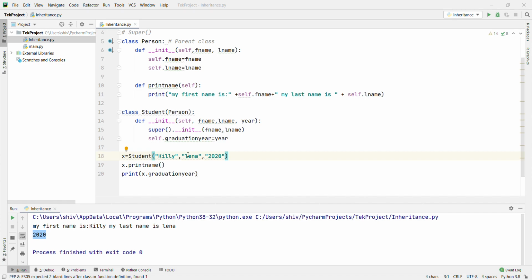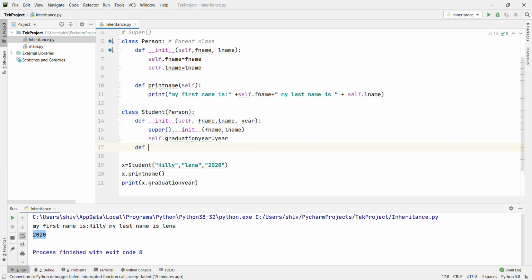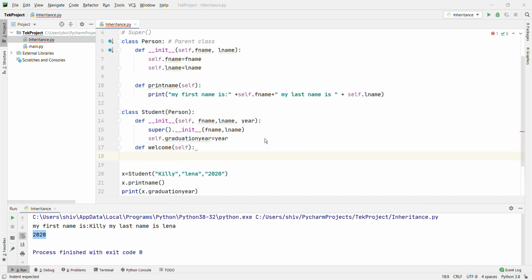Now I am going to add a method into the child class. Define one more method, welcome. Okay, and passing self, enter, print welcome, self dot first name, self dot last name to the class of self dot graduation year.